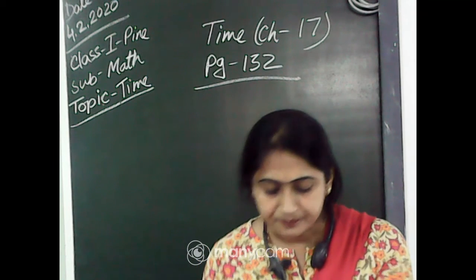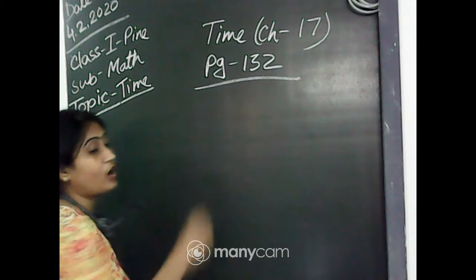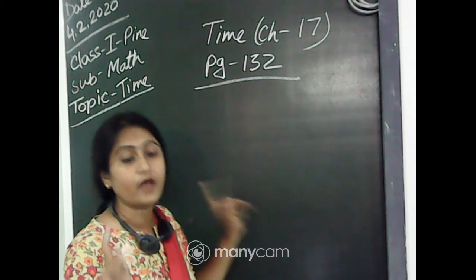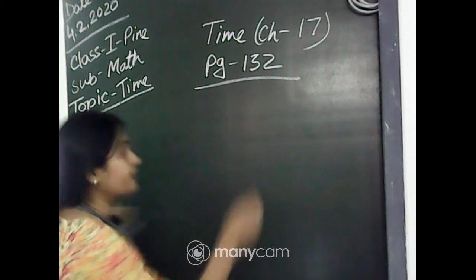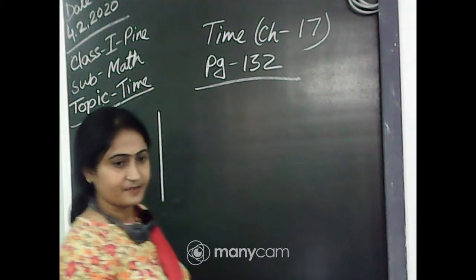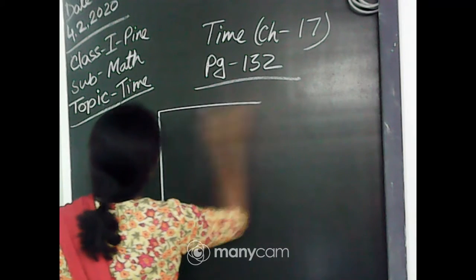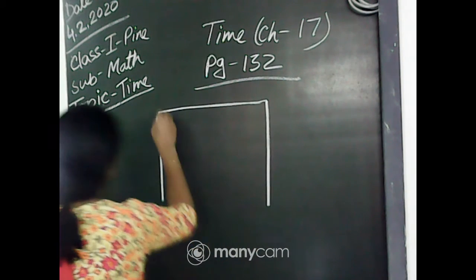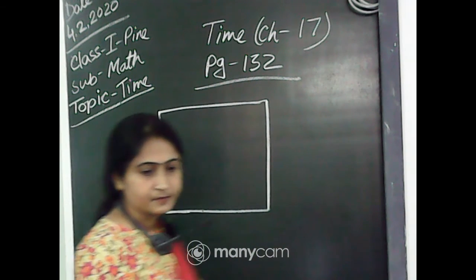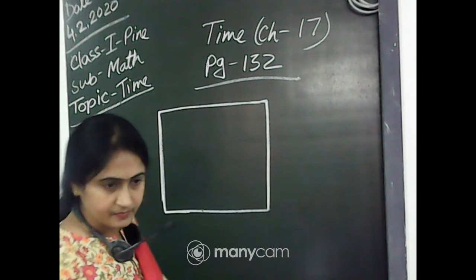Okay. Now, yes, very good, Kaustubh. Now, how to draw a clock. You all will take out your notebook and follow me. Draw a big square. Follow me, everybody. First of all, you all will draw a square. I hope you all can draw a square. Have you drawn? Reply to me, beta.